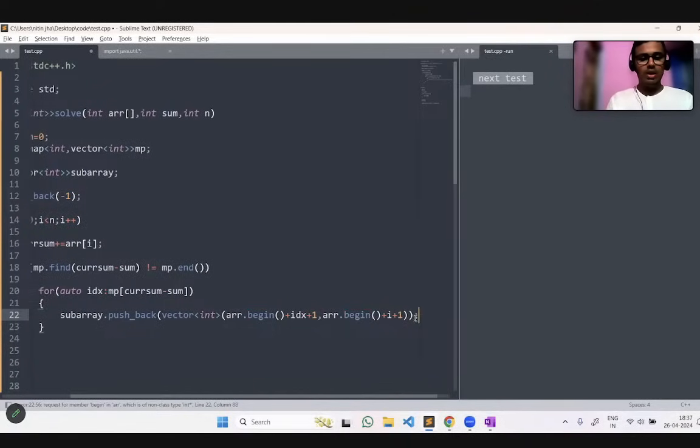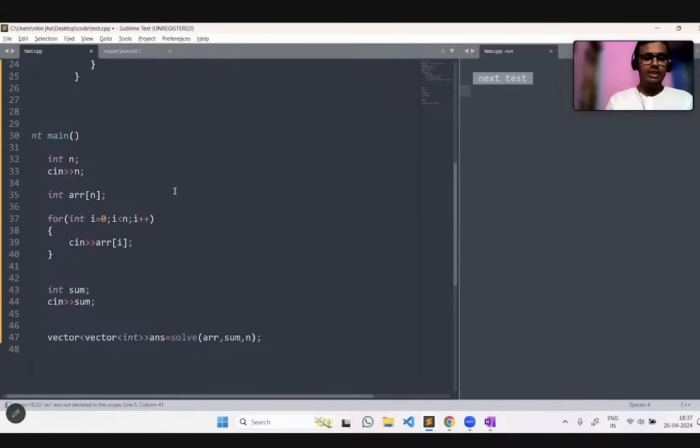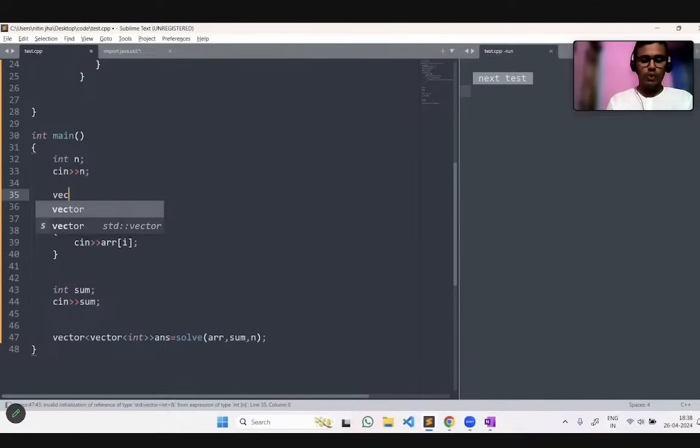And when we will... okay, why is it not coming? I know, because in this function I have to change its parameter to a vector, int address of array. Let me change it again. Here also, let me take it as vector of int of array of n. Now it will be fine.